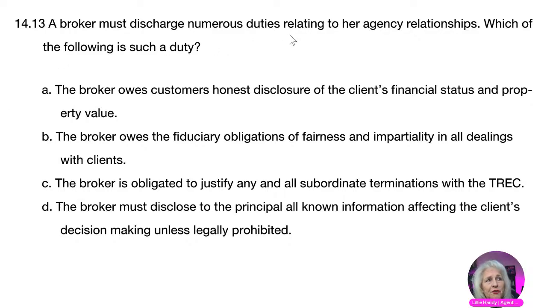Number 13, a broker must discharge numerous duties relating to her agency relationship. Which of the following is such a duty? A, the broker owes customer honest disclosure of the client's financial status and property value. B, the broker owes a fiduciary obligation of fairness and impartiality in all dealings with clients. Or C, the broker is obligated to justify any and all subordinate terminations with TREC, the Texas Real Estate Commission. Or D, the broker must disclose to the principal all known information affecting the client's decision making unless